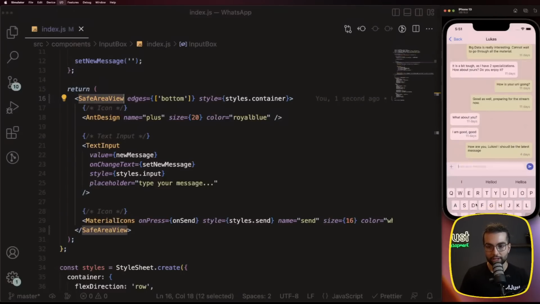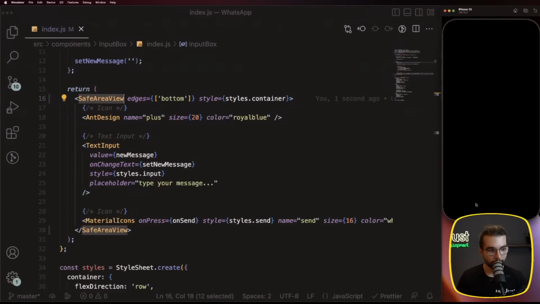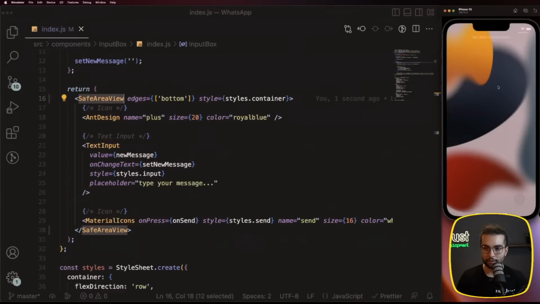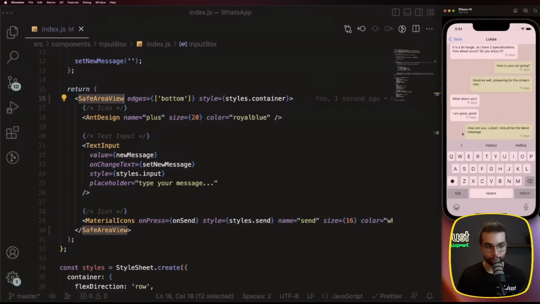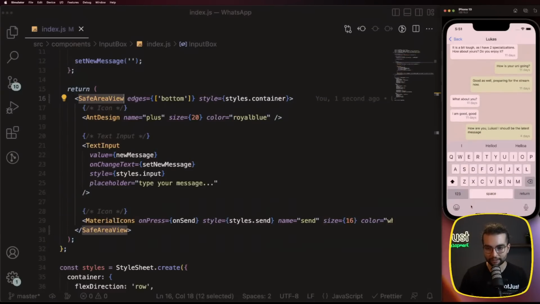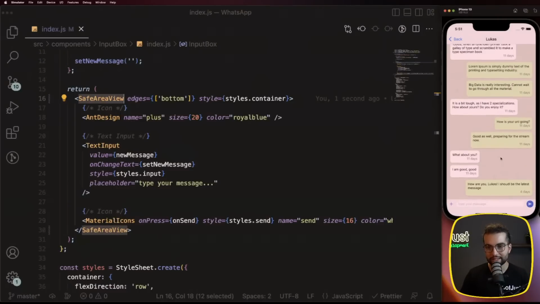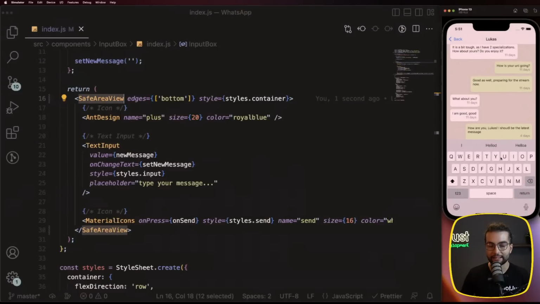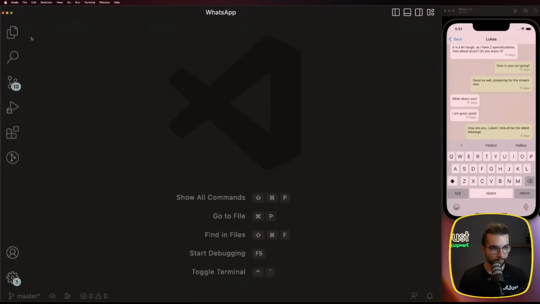The next issue is with the keyboard avoiding view, because before it was working perfectly, but now, as we can see, it's again below the keyboard. Even though we see that something is happening there, it doesn't push enough. It doesn't push enough because